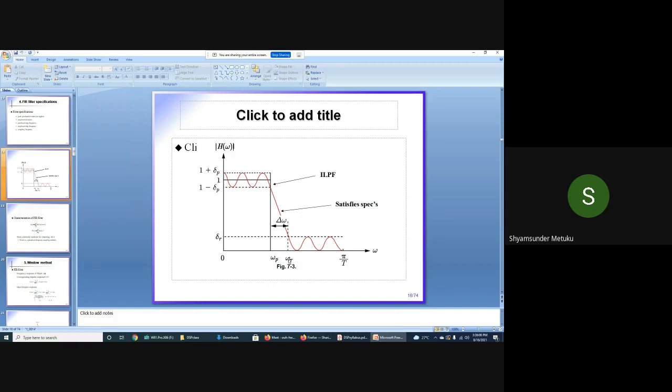How much deviation do you expect? When I attempt 100 marks, somebody will ask you how much percentage you will get. What do you say generally? Percentage of marks. Deviation is fine. But overall? 90%. So 10% deviation, no? So delta p is your deviation in the passband. Is it clear? 0 to omega p.